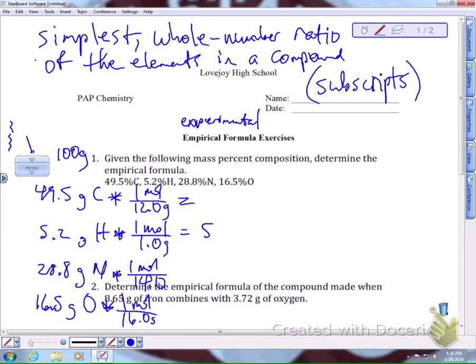Alright, so I'll get the calculator out. This one's easy. But for the others,